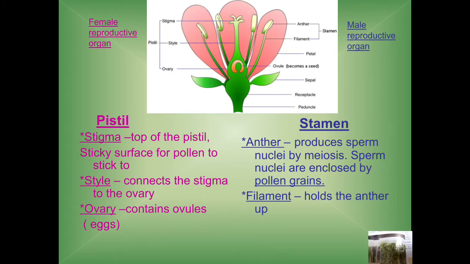This is called pistil. So, students, stamen, this is the male part of the flower, and pistil is the female reproductive organ. So, pistil and stamen, these both organs are responsible for the reproduction in plants. So, stamen bears a long and slender stalk. This is called filament, at the tip of which lies a pollen bearing structure. This is called anther. And gynoecium, this is also called pistil, is the female part of the flower.